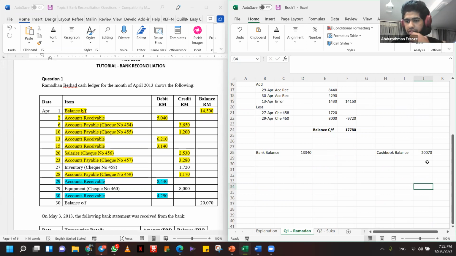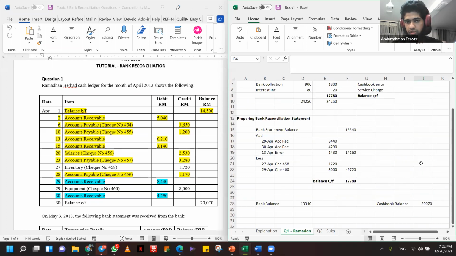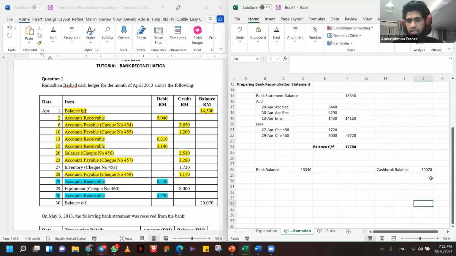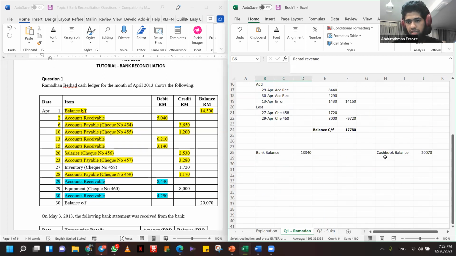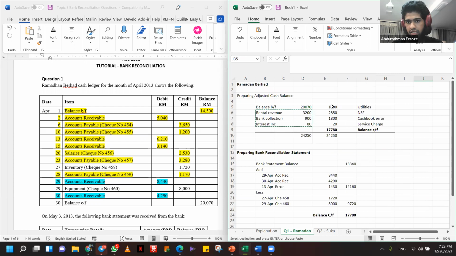So everything that is there on the bank statement but not there on the cash book, we have to add and minus over here, right? So we will add 3,200 plus 400. Okay, essentially we would be doing this. We would add this. Okay, we'd be adding this, right? And